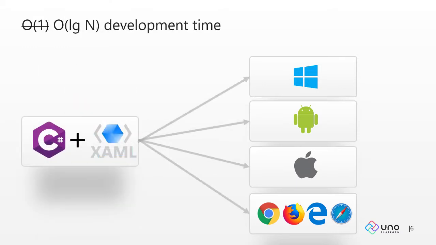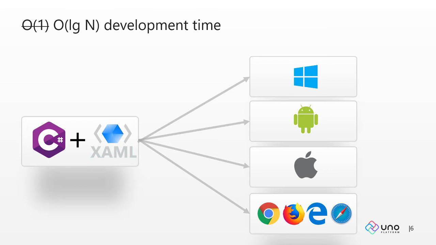The alternative would be to have one single language and runtime which would then run on all the platforms which are available. One choice would be JavaScript, but that is not native except for web browsers, and it has some performance issues on the native platforms like Windows, Android and iOS. So a better solution for us .NET developers would be something based on C# and XAML, because that's the environment we have been building our applications for years, and we are very familiar with XAML and C#.